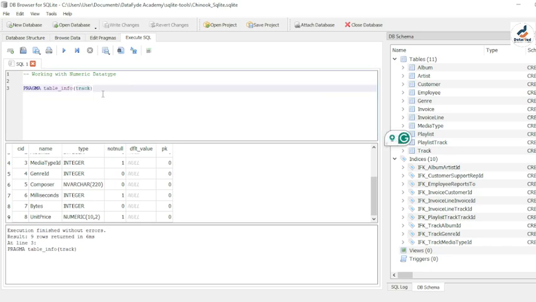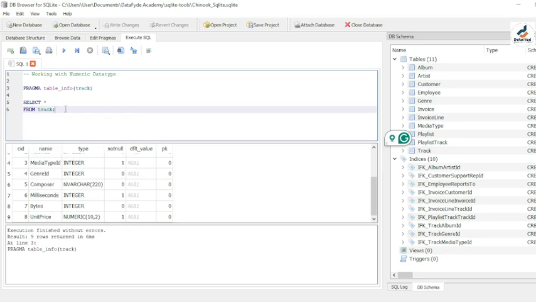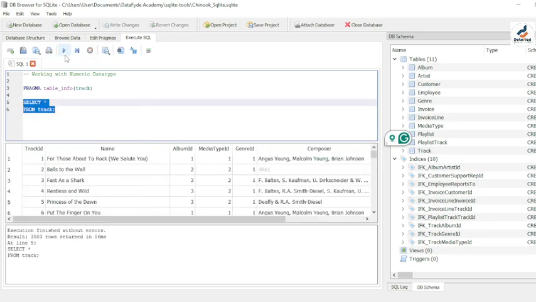So yes, let us try to select everything from our track table, and then we see these columns live, right, instead of just having the data types here, right? We do select all from track, right? I think that's it. So let's run. So we'll be able to see all this. So notice that we have